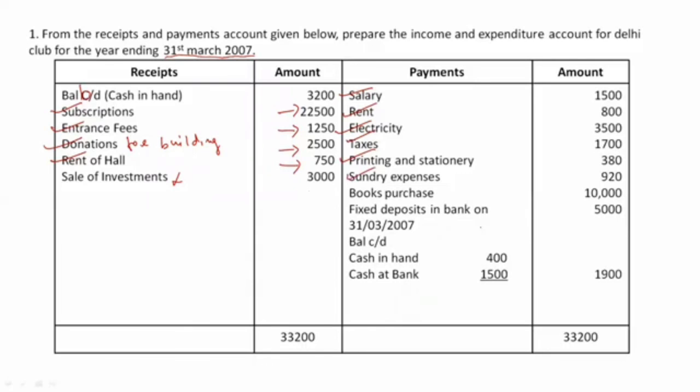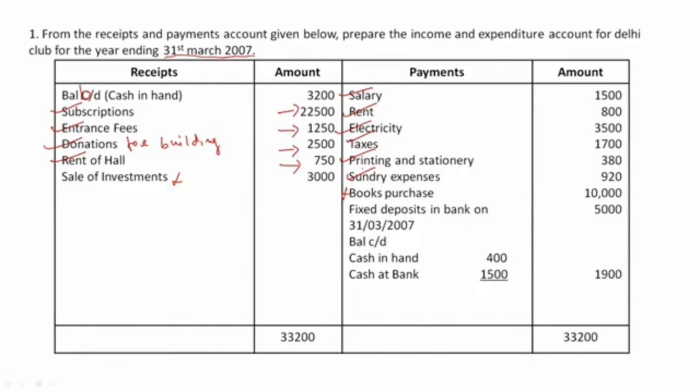Now books purchase. Now we do not purchase books every day, right? So we have an NPO, we do not purchase books every day or regularly. We can purchase newspapers regularly, we can purchase magazines regularly, but purchase of books is treated as capital expenditure here. Clear? Magazines and newspapers or journals can be treated as revenue expenditure, but purchase of books will be treated as capital expenditure here. So we will not take it. If we prepare the balance sheet, then this item will directly appear in the balance sheet. For now, just leave it.